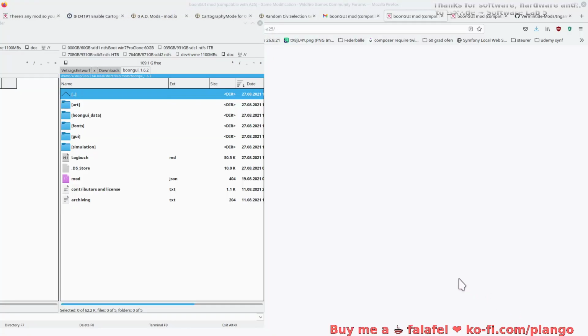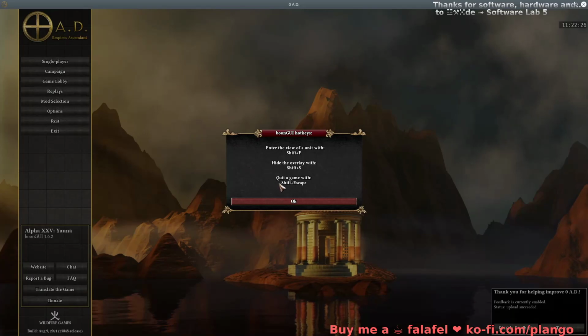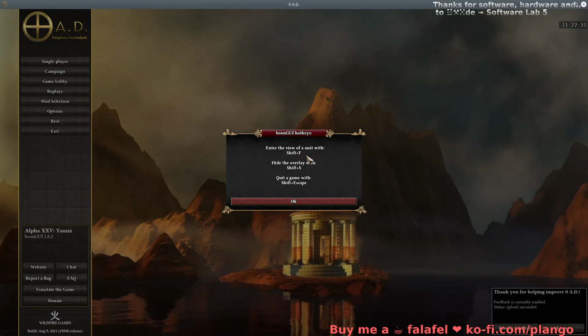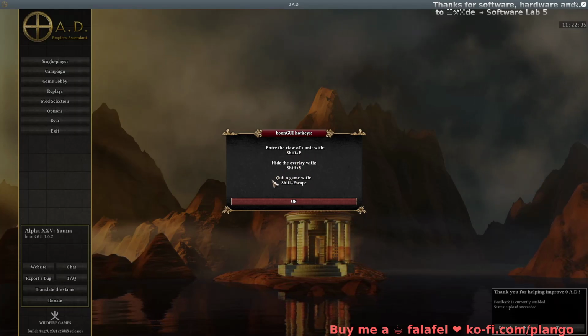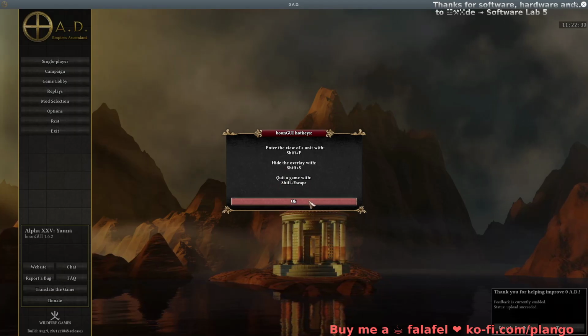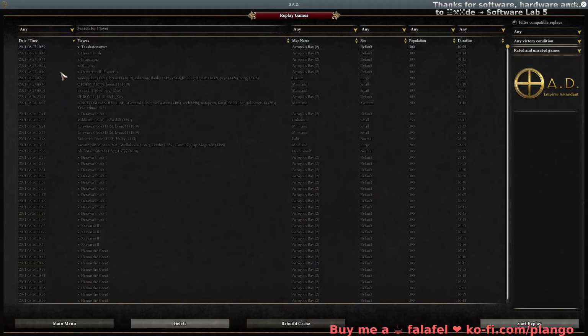Save and restart. And here we have an early welcome. That's Shift F for view unit. That's beautiful. And hide overlay. That's maybe beautiful. Quick game. That's sometimes maybe beautiful. I don't need to know that all the time. So now I probably have a